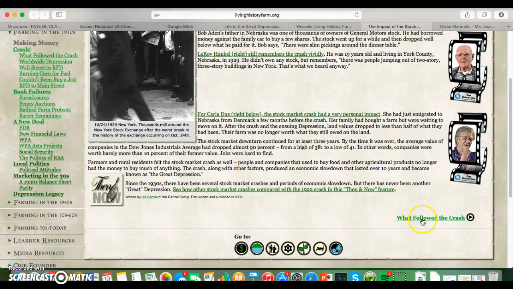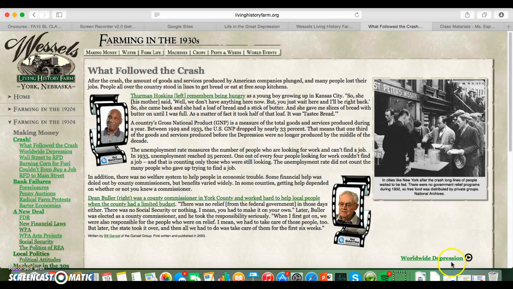At the bottom here, there's a link to the next page, and then the next one, and the next one, and they have similar resources, hyperlinks, videos, pictures, and what's really great is that you get to actually experience what they're going through. It's like listening to your grandparents tell a story, and that's what I find really great about this resource.